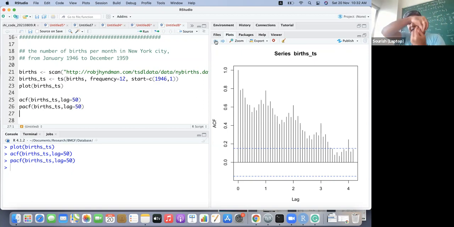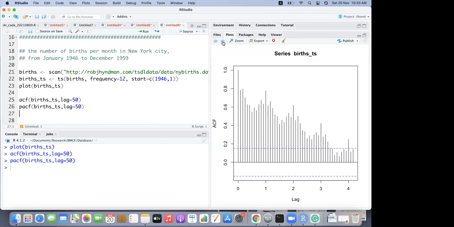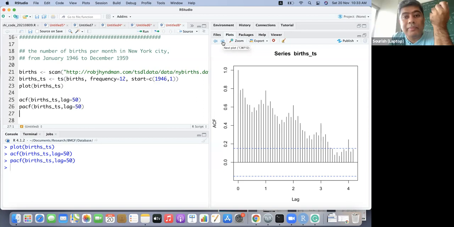Then it takes today's value and the second month value, third month value, fourth month value. And that's why we are seeing such strong correlation up to the third year, because seasonality and trend are not being removed. After removing trend and seasonality, when the data becomes almost stationary, basically it's error data.